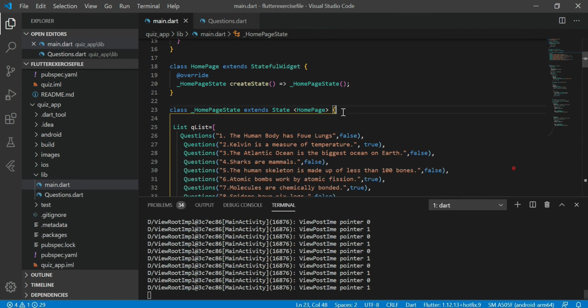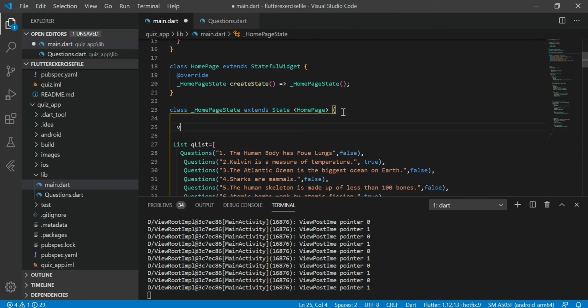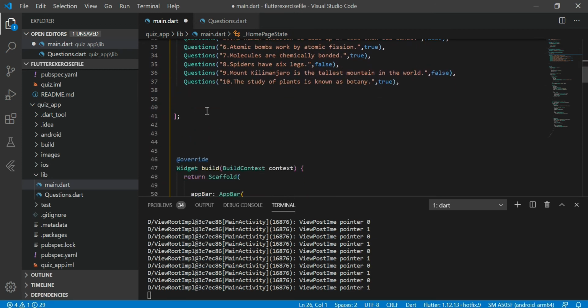Now to provide functionality to our button, so that when we tap on the button our question gets changed and we move to the next question, we need to provide a counter. I give the initial value of the counter equal to 0, because I want my first question to appear first, as it is a list. You know about indexing, that the first element starts from 0, that's why 0, 1, 2, 3. So in the list there are 10 elements, and indexing starts from 0 to 9.